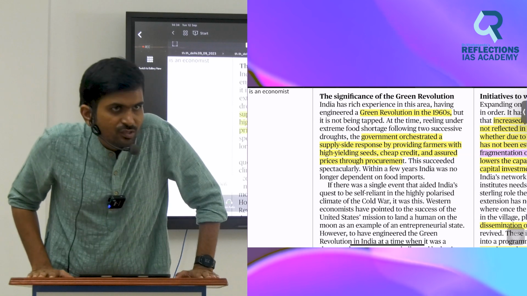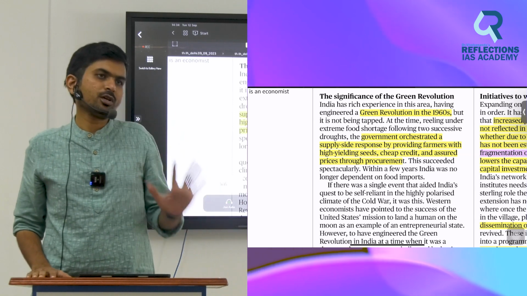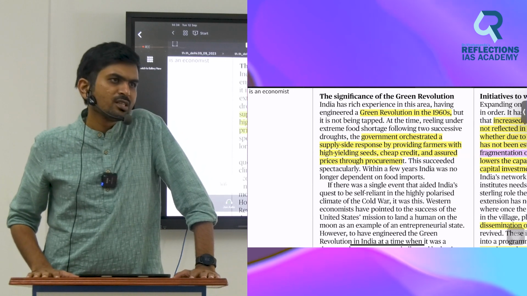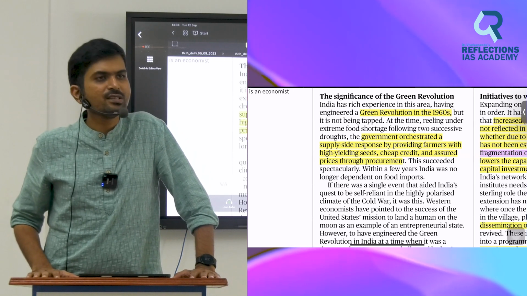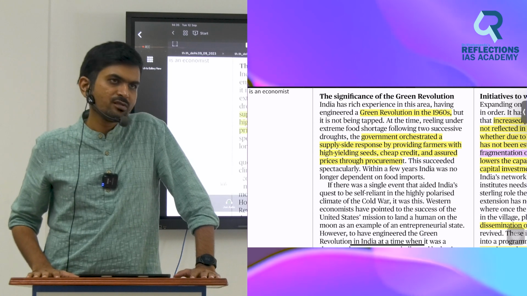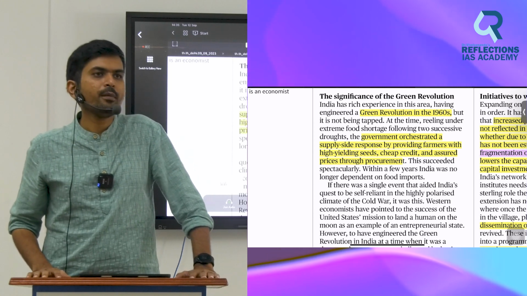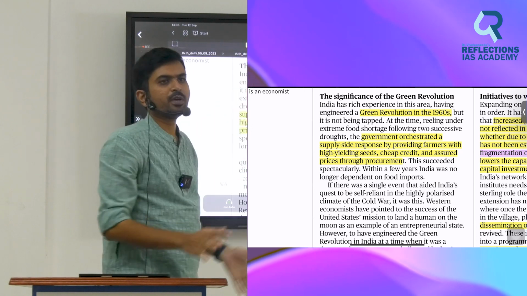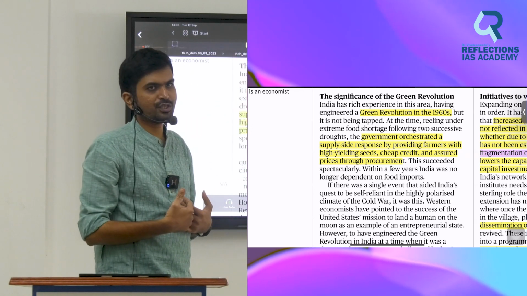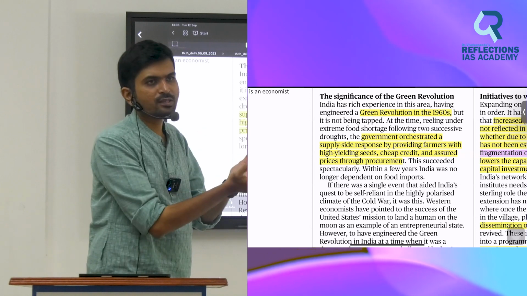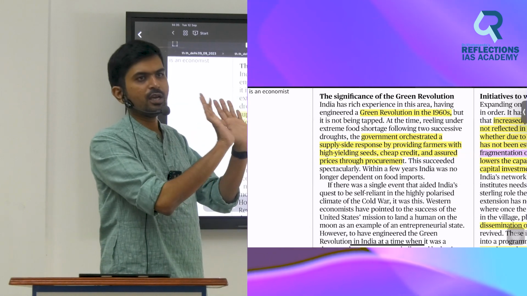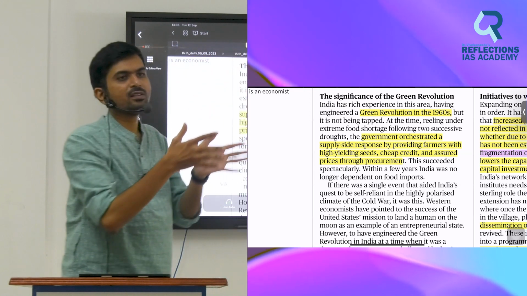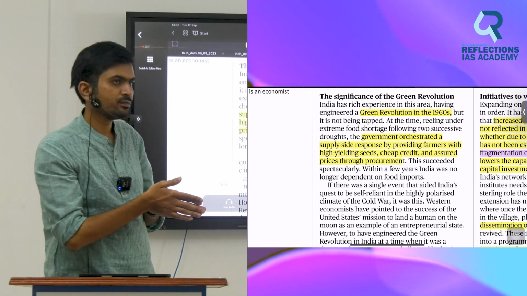In 1960s, India was not doing so well in food production. So government of India came up with an idea called Green Revolution, simply by using high yield variety seeds. In the process, two things happened. More food was produced in India. Everybody became happy. India became self-sufficient. So what? More rice, more wheat was produced in India. Everybody is happy. But while we are focusing on the good things, some bad things were happening. What are the bad things?